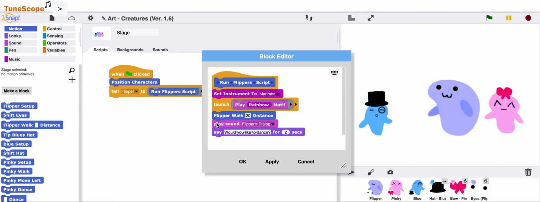I also have a separate sound file being played. That's Flipper's dialogue. So Flipper will say, "Would you like to dance?" for 2 seconds. And so you'll see a little speech bubble pop up. So when we run this script,